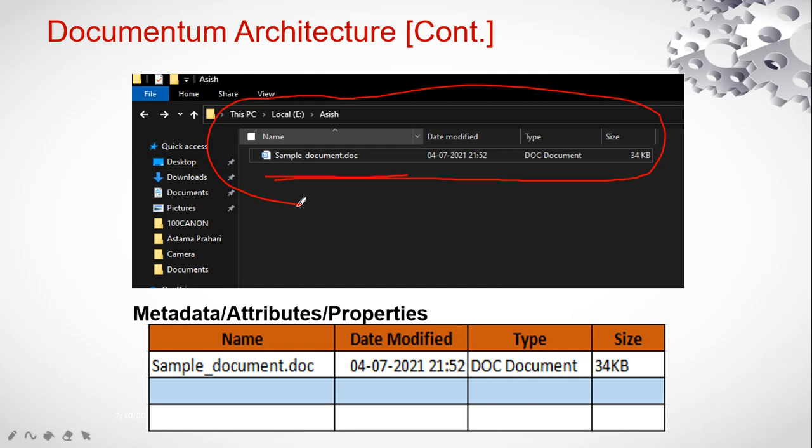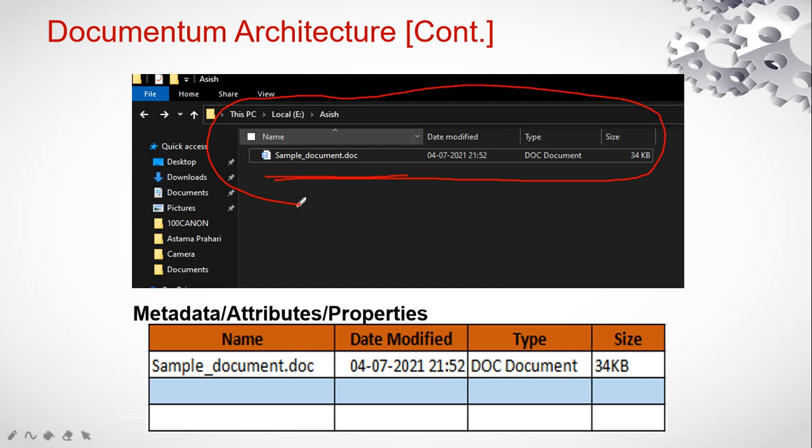All of these, the file name, date modified, type, and size, are not the actual data. The actual data is inside the sample document. These are data about that sample document. Basically these are data about the data, and in computer science we call that metadata.